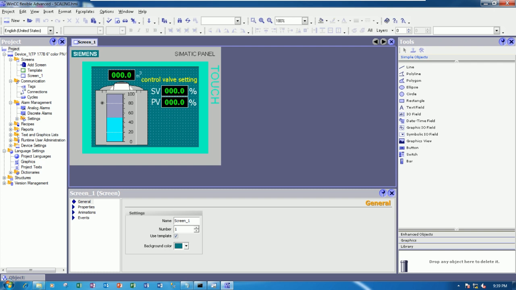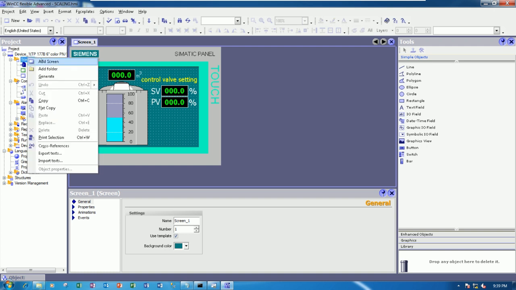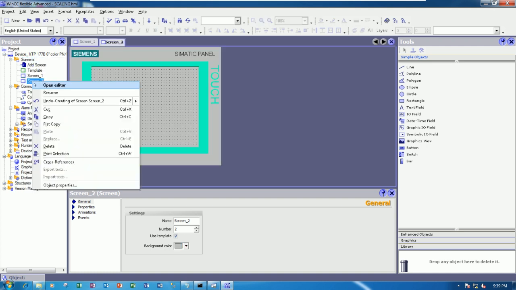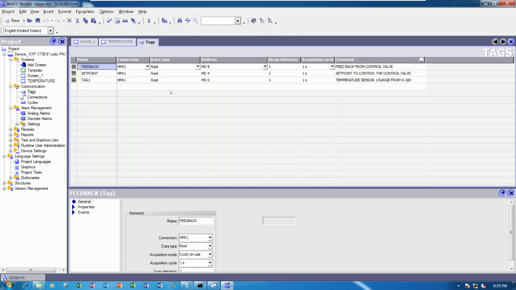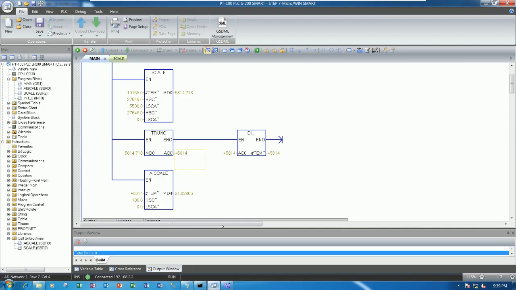Yes, and then I will insert one more screen. Yes, add new screen. Example, screen 2 for temperature. So this one is the main screen, right? So temperature, and then I will create one more text for MD0, MD4 and MDH. We already used, right? So I will revise the PLC to